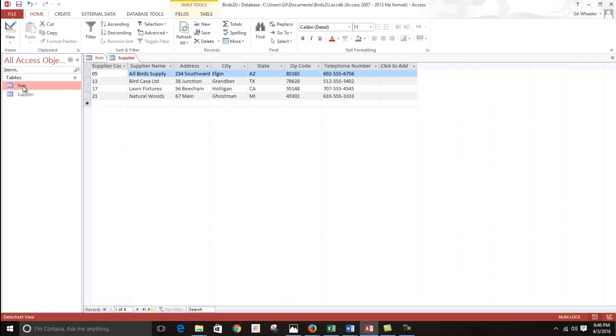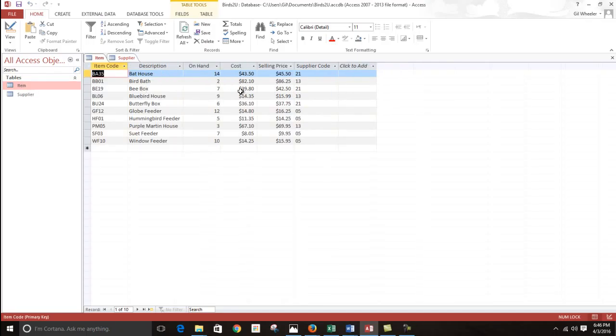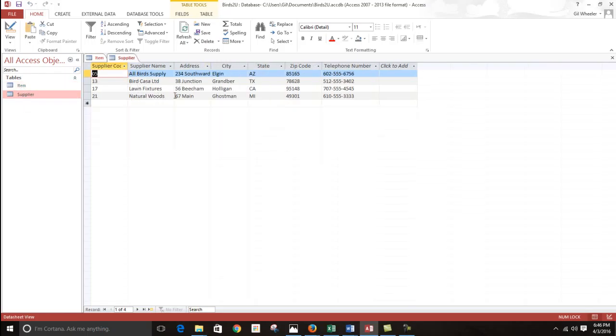Again, just when you click on the item table, just in case there's any information, you need to double click on the item table just to make sure that the column widths for those are adjusted as well. And as far as for the supplier table,